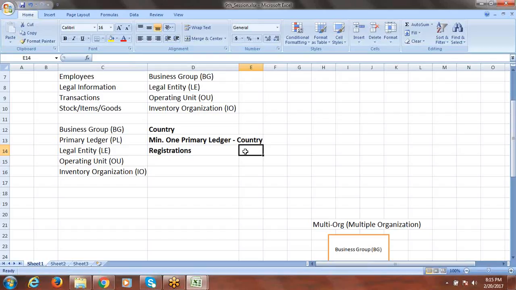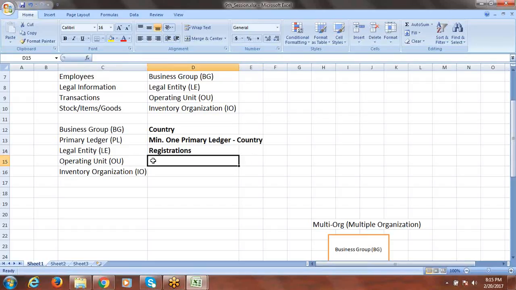Here you also have to understand how many registrations we have, because we have to create that many legal entities. Another point is that for each country, a minimum of one registration and one legal entity should be there. Without a legal entity you cannot manage any business information in the system or in the real world. And coming to operating unit,